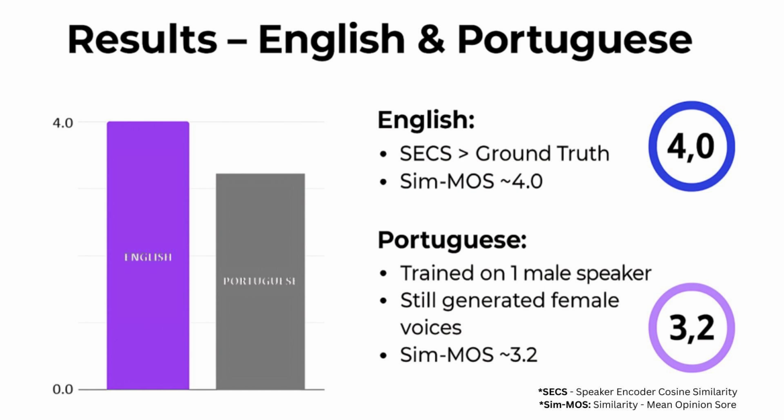For Portuguese, where training data had only one male speaker, the model was still able to generate new speaker voices in zero shot mode. Female speakers were harder, but still achievable, which is impressive given the low resource setup. Finally, they showed that with less than 1 minute of audio for fine tuning, the system can adapt to a completely new voice and match near ground truth similarity.